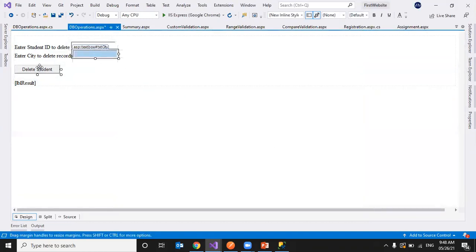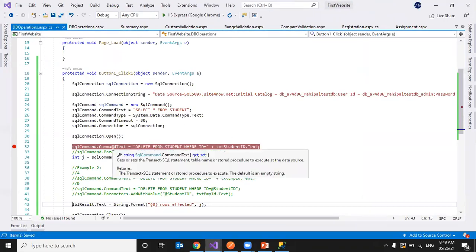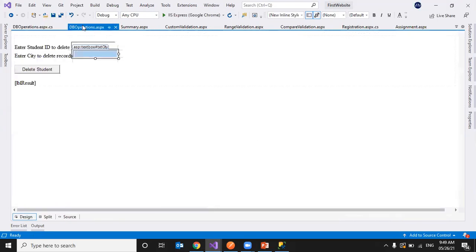Now in the delete student operation, I'll write this. As of now, we have delete star from student where ID equal to this one. First we will only enter city and delete that city's records. After that, either I can enter student ID or city, and based on these two, I'll delete the student.